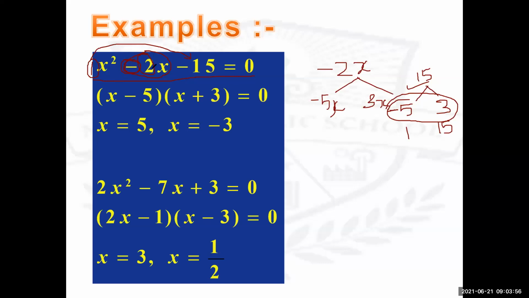So x square minus 2x minus 15 equals to 0. Now how we are going to write that? We'll be writing that as x square minus 5x plus